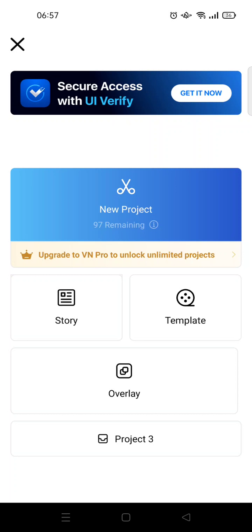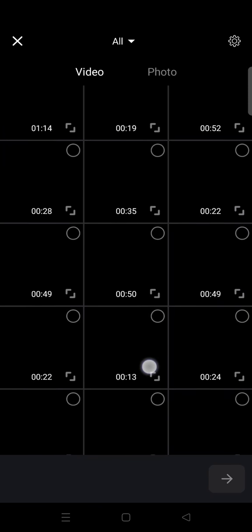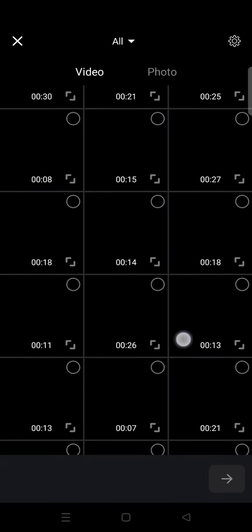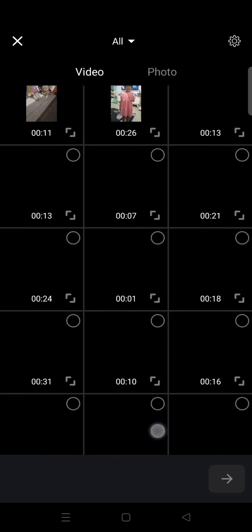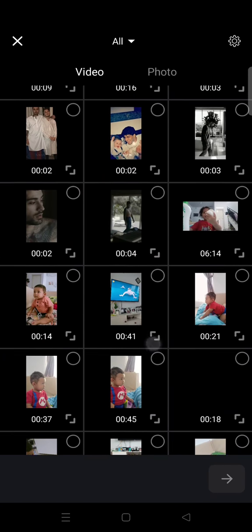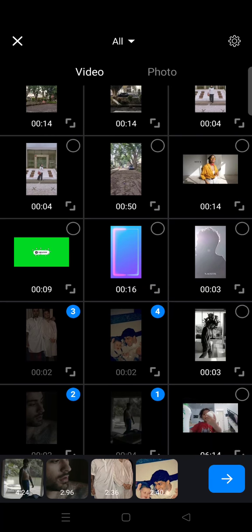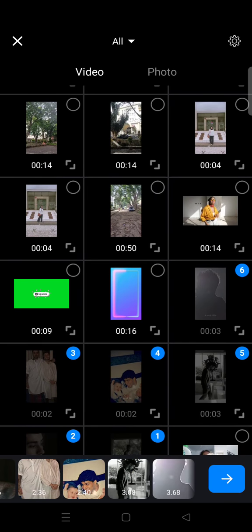In this video, I'm gonna show you the zoom effect tutorial in VN. So here I've already opened my VN app and I'm going to click on new project and add the video to the VN editing. Okay, so I add 6 clips,